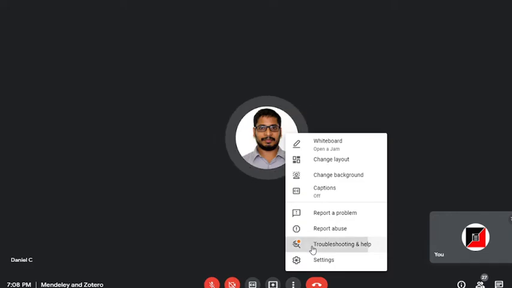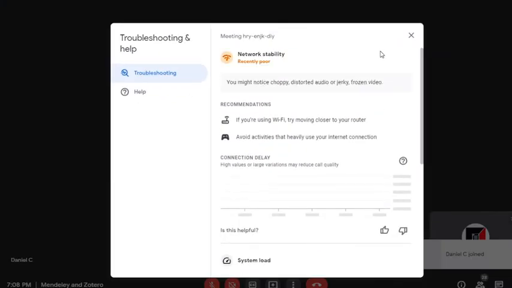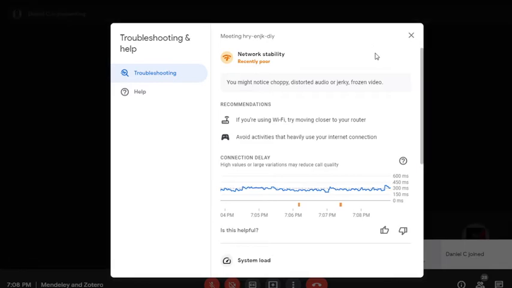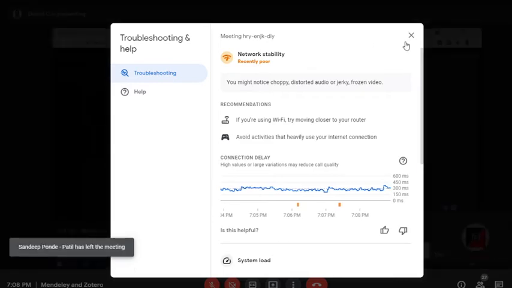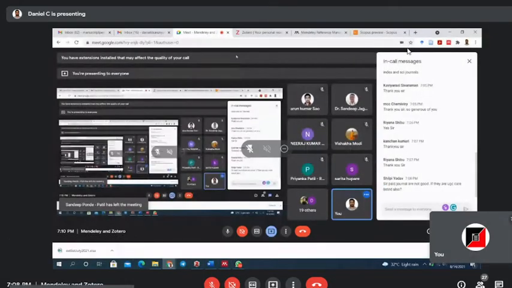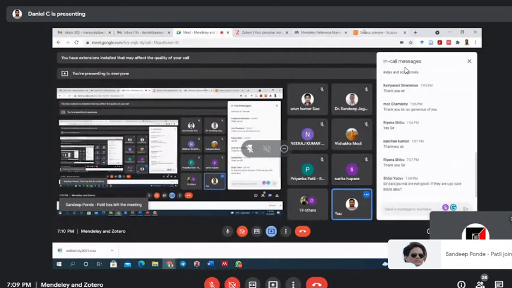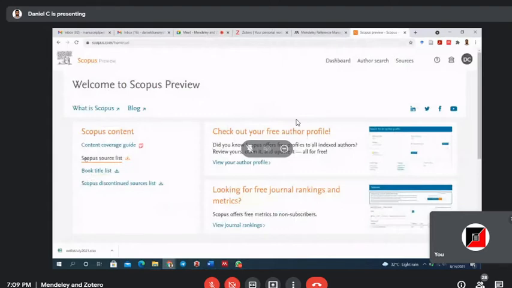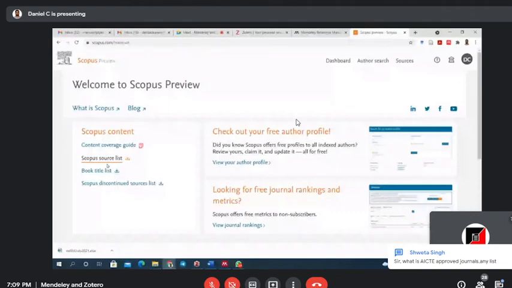See Scopus, this Scopus preview. If you click Scopus source list, it will be downloaded. Just that file only I am adding in the WhatsApp group.